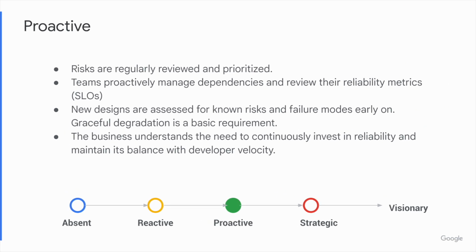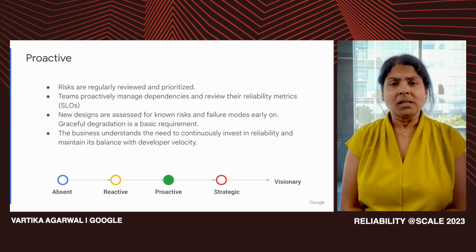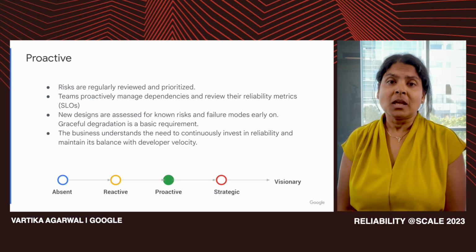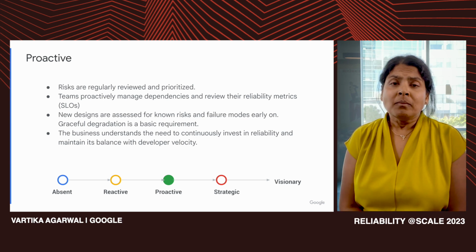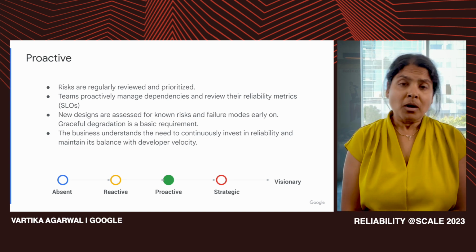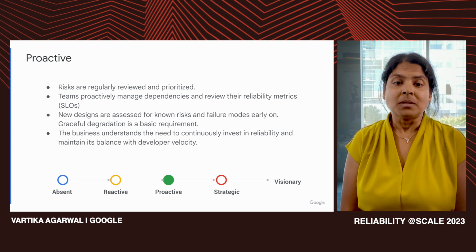This is the phase where we are starting to look at the quality of the metrics. We are ensuring that postmortems are written, reviewed, and action items are resolved, likely in an automated way. We also start to see that the cross-functional teams come together to do reliability reviews. They are taking risk assessments into account. They are looking at system dependencies. The whole point of this phase is that teams are starting to prioritize potential reliability issues that might emerge in the future. And they have regular operational processes focused on making sure that happens.